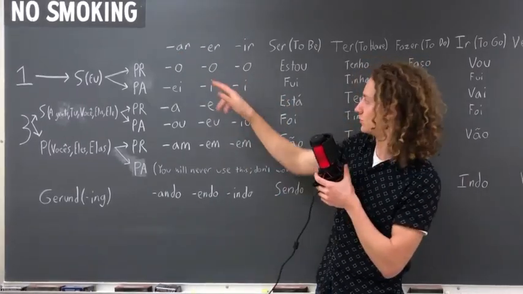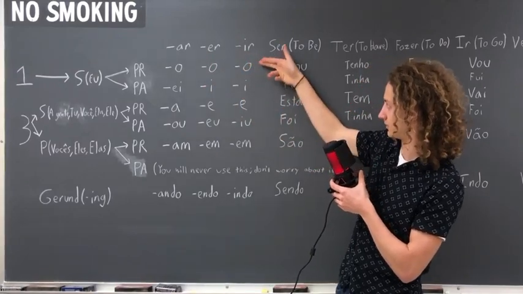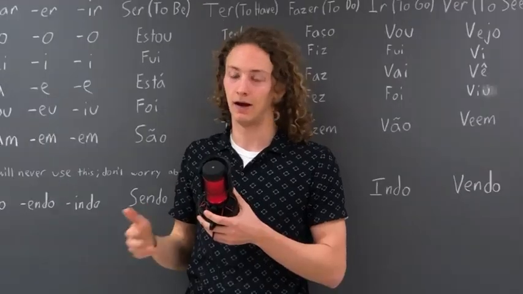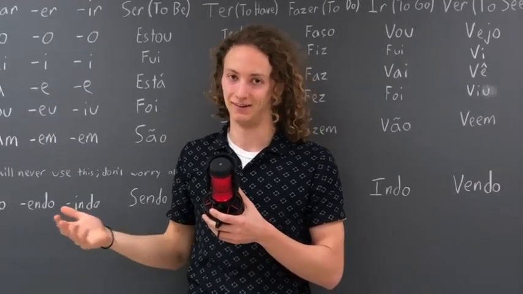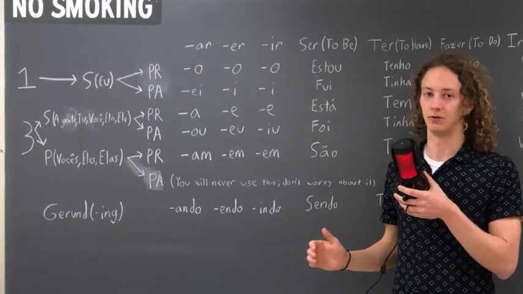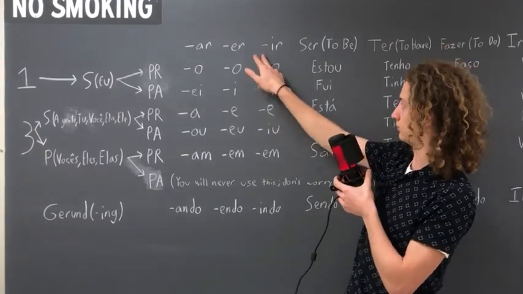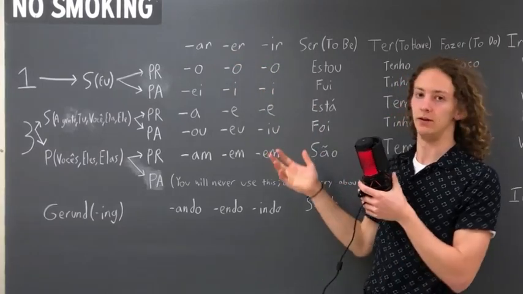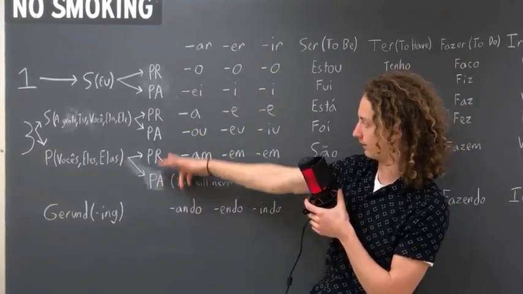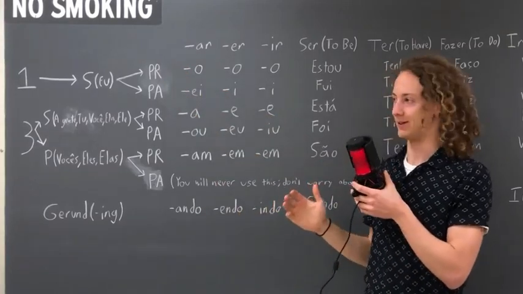And as you can see, each one of these 3 verb types is conjugated differently. Why didn't they just have a consistent verb ending? I have no idea, but that's just the way they decided to do it. Anyways, this table is super easy to use. All you do is you look for the ending of the verb that you're using, which would be one of these 3, and then you look to see who is performing the action, which would be any of these. And I also made it really easy to follow.